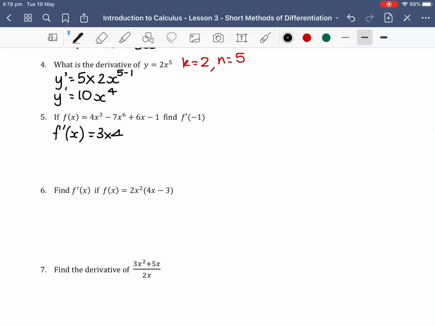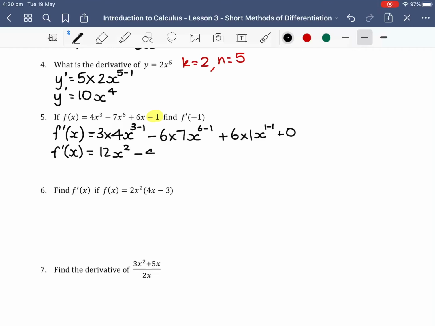So we bring our 3 out the front, so it's 3 times 4, x to the power of 3 minus 1, minus 7, bring our 6 out the front, so it will be minus 6 times 7, x to the power of 6 minus 1, plus 6 times 1, x to the power of 1 minus 1, and then our minus 1 just cancels out to be 0, so it's plus 0. So then we have f dash x equals 12x squared minus 42x to the power of 5 plus 6,